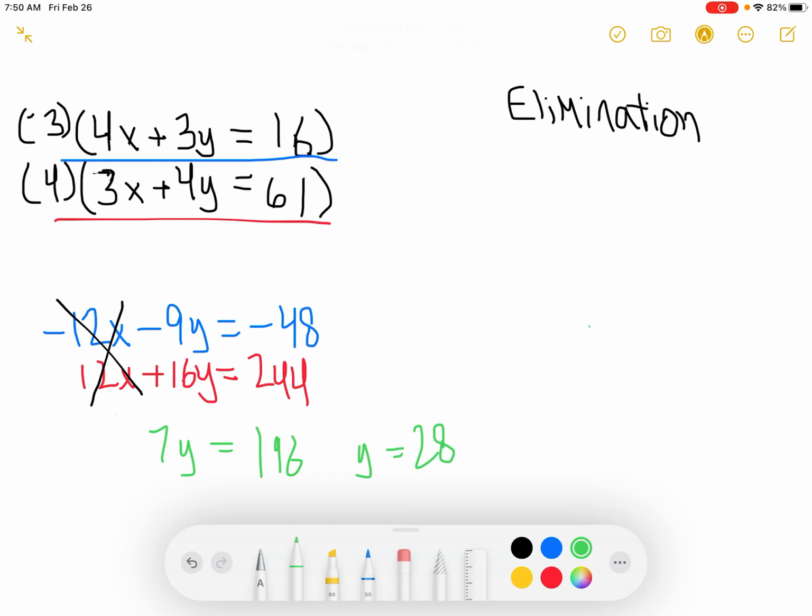Well, it could be possible that I did something wrong on the substitution one. Okay. Oh, well, one thing is that I rounded on the substitution one, but that doesn't explain it that much because it wouldn't throw the answer off that much. Jeez. Let me see if I typed something wrong in the calculator. 196, 28. Okay,